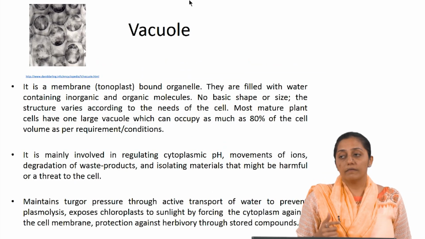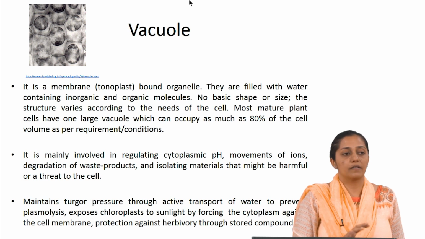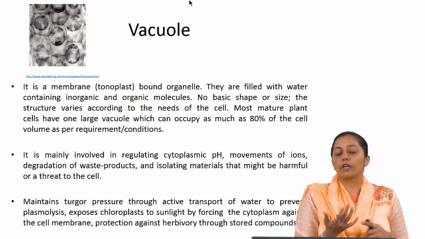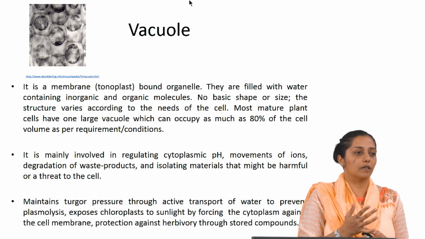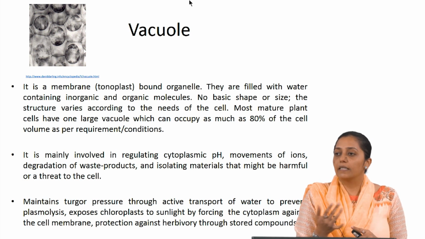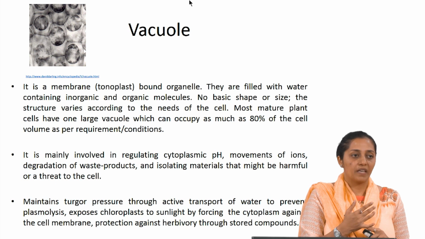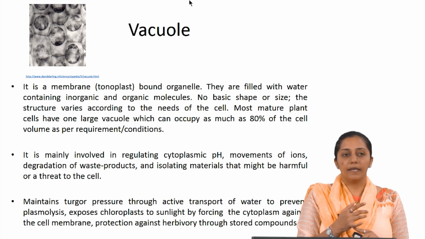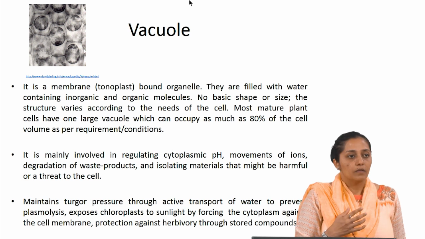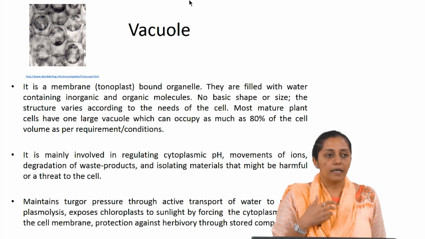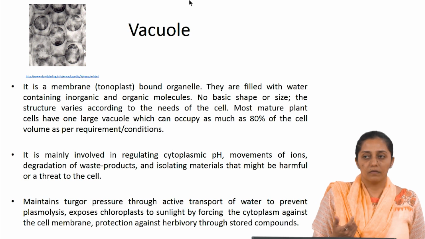Now vacuoles. Vacuoles are very interesting organelles in plant cells. So we were talking about how they help in cell turgor pressure, maintaining that turgor pressure. Then you said it helps in storage. It also helps in maintaining the cytoplasmic pH. So how does it help, do you think, in doing all these functions?